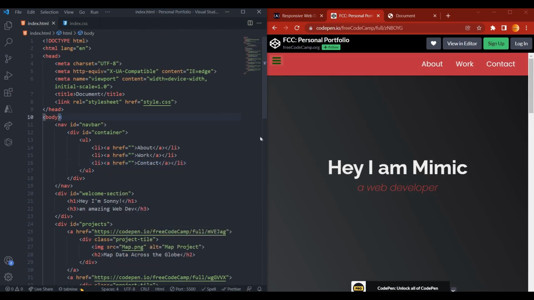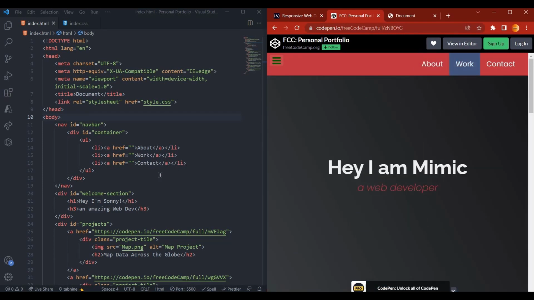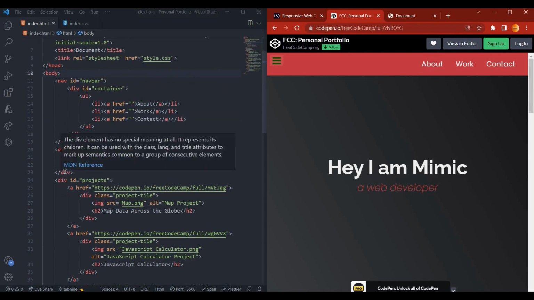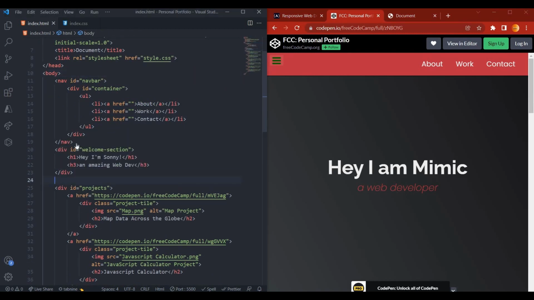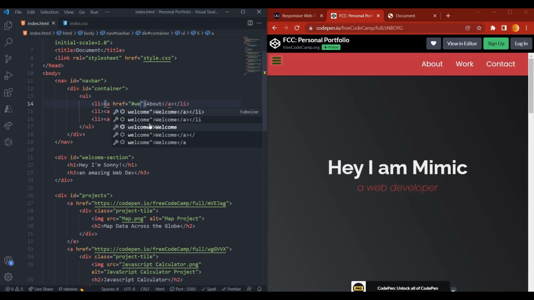Okay, so the way I make my link go to different sections of the page is that you realize that on each section we added an ID. So in this section right here, the first section was the welcome section. It has an ID of welcome section. So what I'm just gonna do is just put hash welcome section,